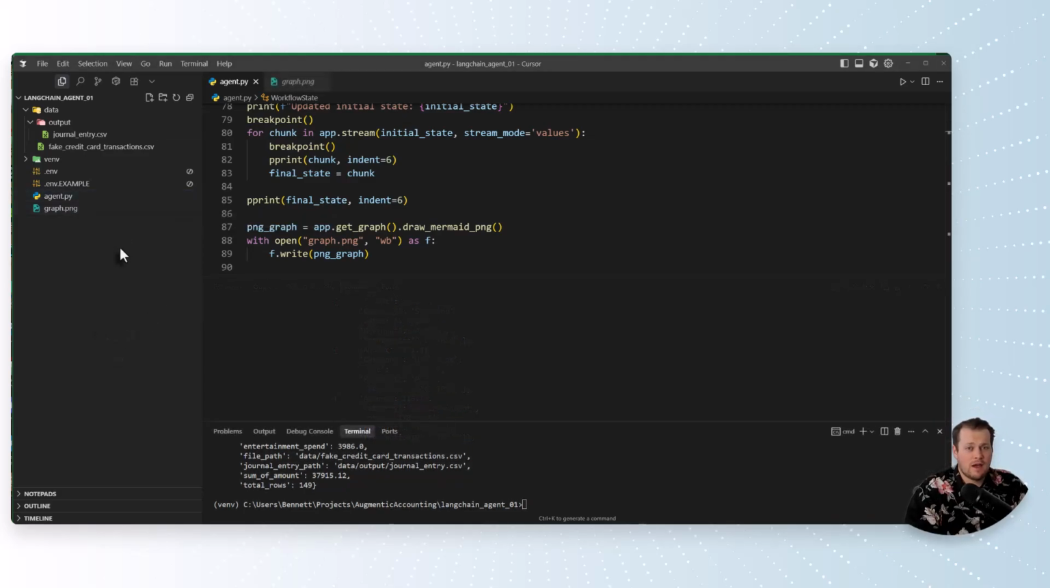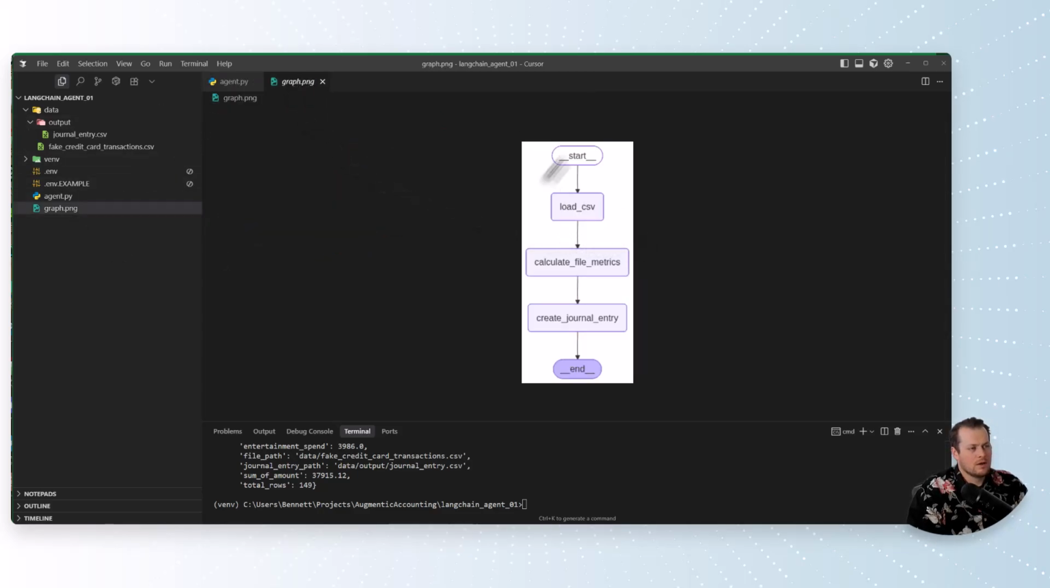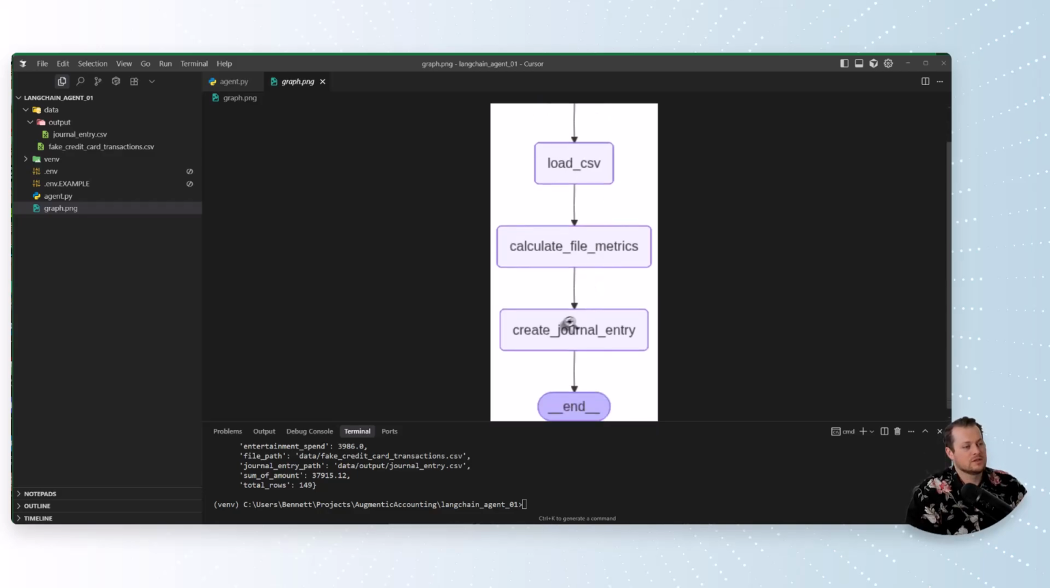Let's go ahead and take a look at the graph PNG first, because I think it's helpful. I'm a visual person, so that's just what I like. And I have it up right here. So you can see here, this is our flow, right? This is the way our nodes operate. So we have the start, it goes to load CSV, it calculates the file metrics, it creates the journal entry,